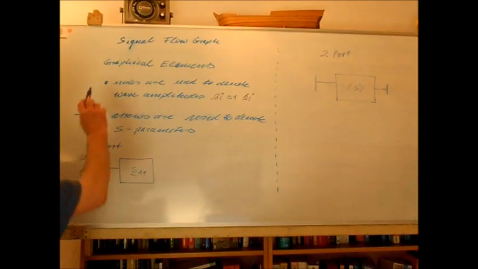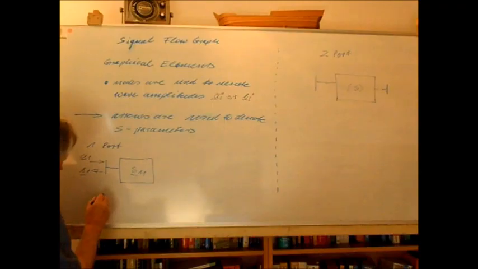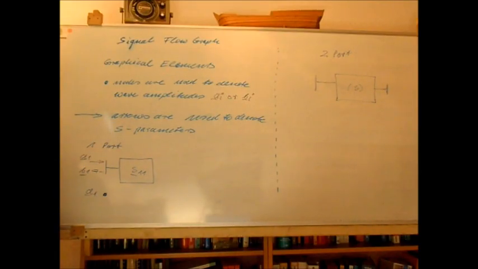But now if we use the nodes and the arrows, we can set up the flow graph of our one port, and we say this is the wave amplitude A1, this node, and then we have here the wave amplitude B1,